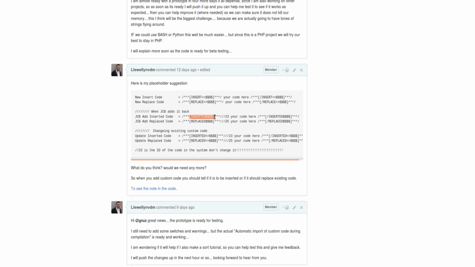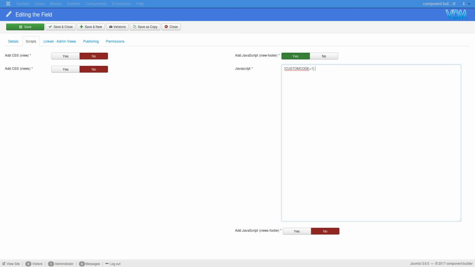So if you have a custom code to which you're not passing any values, then it will add this inserted tag around it, and you can then in the editor add a diamond in there so it looks like this, and then on compilation it will update that code in JCB and then place it back into the new compiled component. So that still works, and I think it's amazing that it does, but unfortunately the moment you pass any arguments to it,